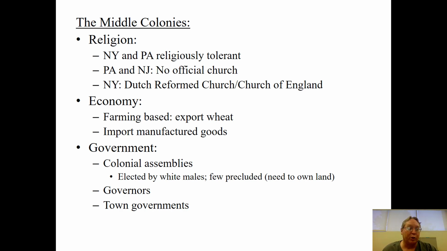So sugar growers in the Caribbean buy a lot of food from the middle colonies. Who's going to transport all that food for you? That's where those New England merchants come in, with their ships. They transport stuff. One of the biggest things you'll notice, though, is that growers along the Hudson River in the